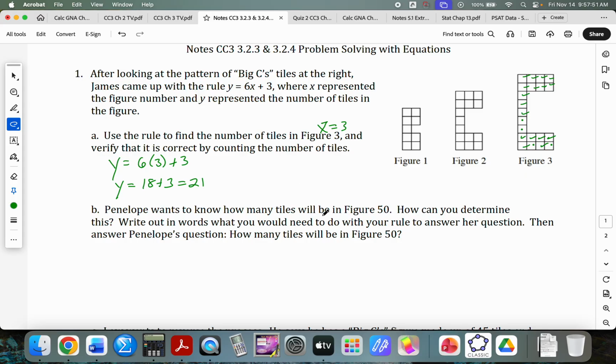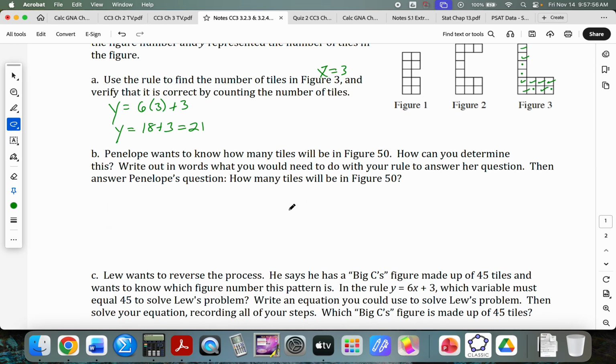Penelope wants to know how many tiles will be in figure 50. Okay. How can you determine this? Write down in words what you would need to do with your rule to answer her question. Then answer the question. So in words, we would need to substitute